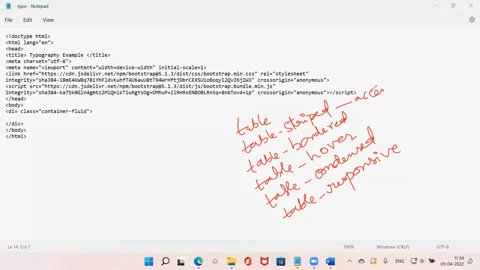tables. In the accented tables, we'll be seeing three concepts. The first one is the striped row. I'll be showing you striped row, and the next one I'll be showing you the hover, and then the next one I'll be showing you the active tables. All these things we'll be seeing, and we also will see some additional classes. The additional classes are nothing but the contextual classes,